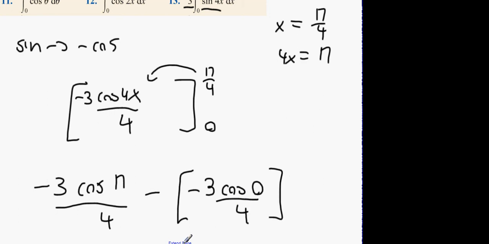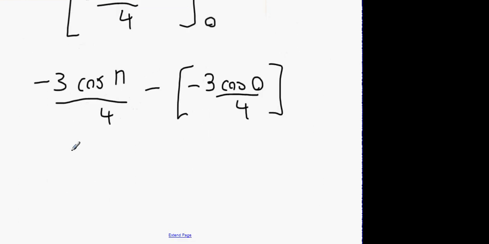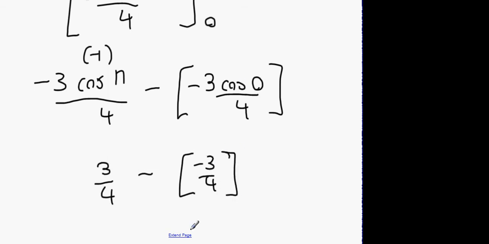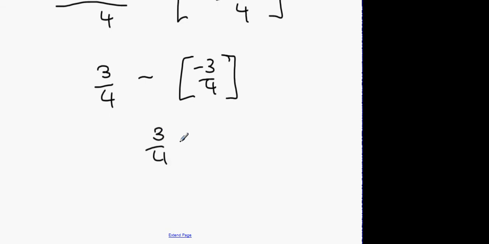After that, then you just do the sums. What is cos pi? Minus 1. Minus 3 times minus 1? 3 over 4. Okay, minus 3 over 4 again, so it's going to be 3 quarters plus 3 quarters. Sorry, 6 over 4. 6 over 4 will lose you 2 marks. Why? You want that as 3 over 2. Okay, so lads, that's